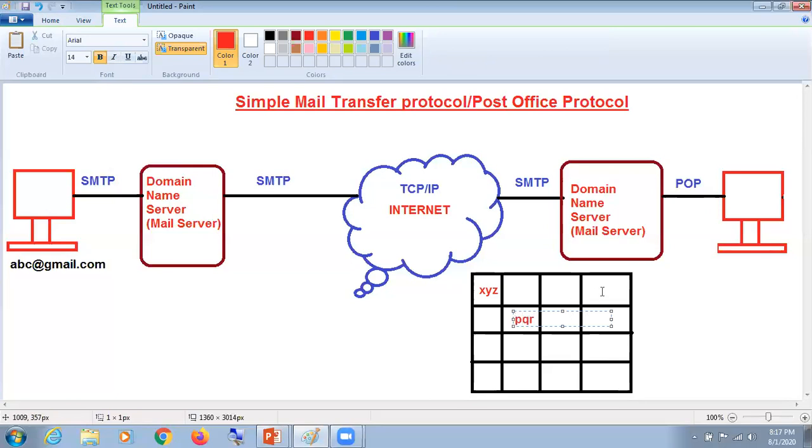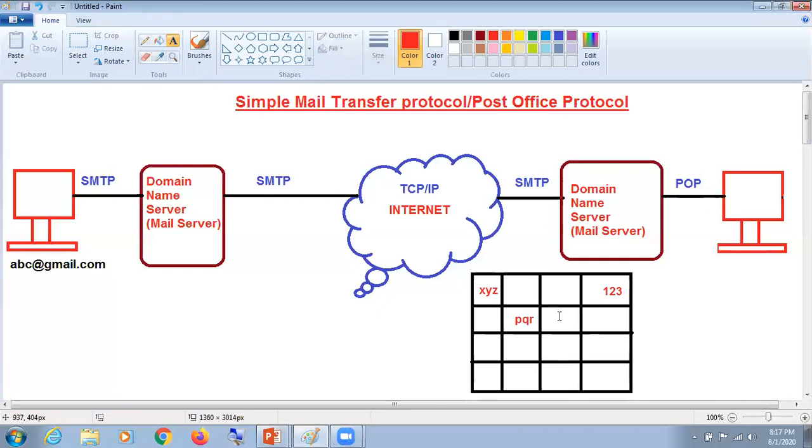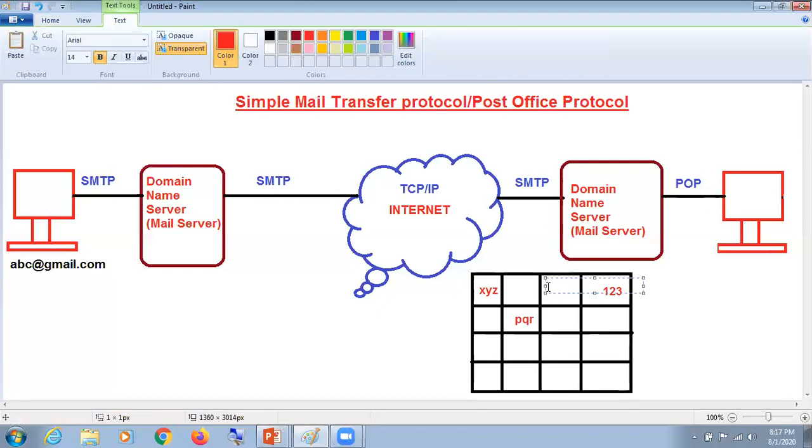ओके, मैंने यहाँ पे लिख दिया 1 2 3। आई एम जस्ट टेकिंग एग्जांपल, माय डियर रिस्पेक्टेड स्टूडेंट्स। और मैंने यहाँ पे फॉर एग्जांपल लिख दिया ए। मैं यहाँ पे इसको किसी और कलर से मेंशन करना चाहता हूँ। ओके, मैंने यहाँ पे लिखा ए बी सी। मैंने इसको यहाँ पे मेंशन किया मेरे प्यारे बच्चों, और मैंने यहाँ पे लिख दिया ए बी एंड सी। अब जैसे ही ये SMTP इसको